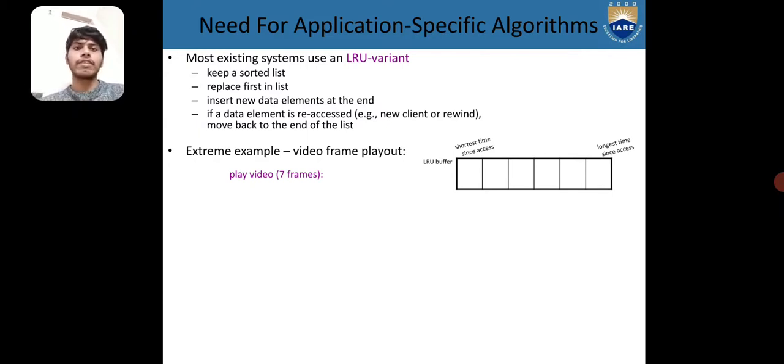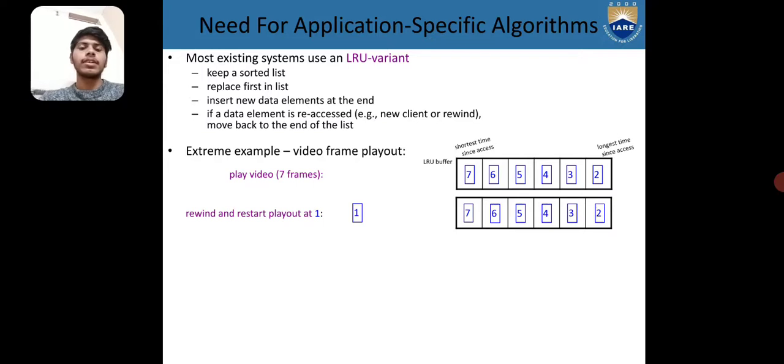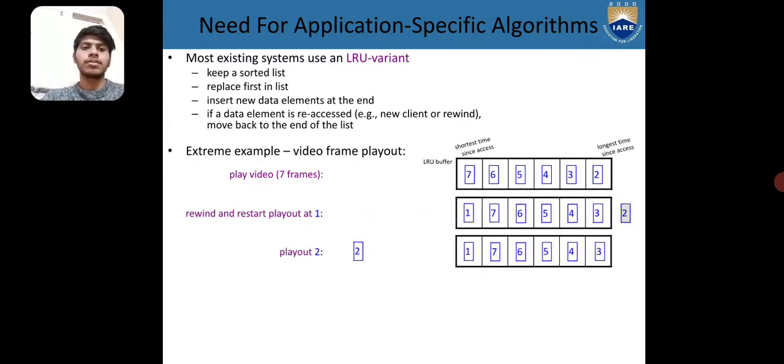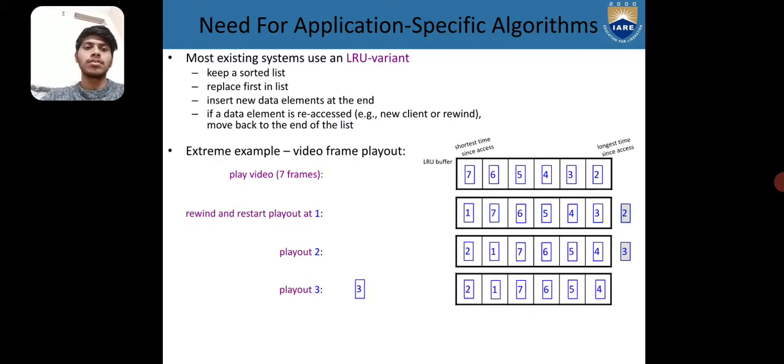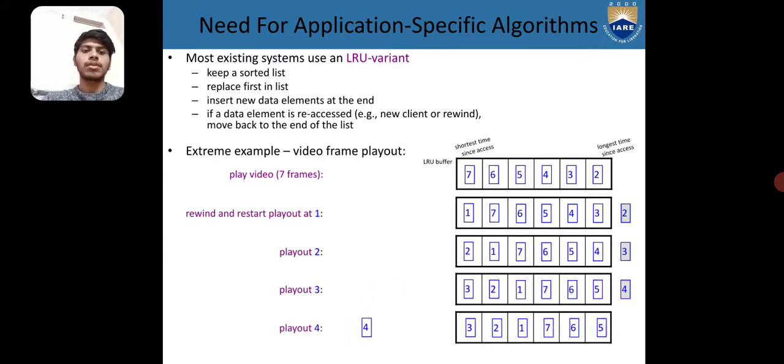Play video, 7 frames, 2, 3, like this, everything is inserted, and here it goes.